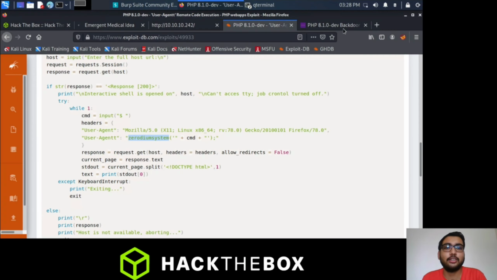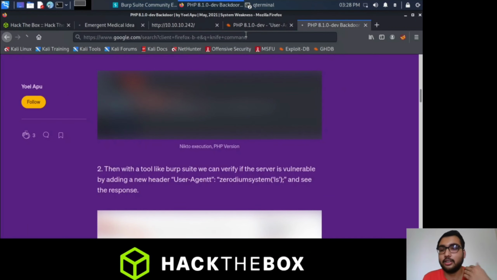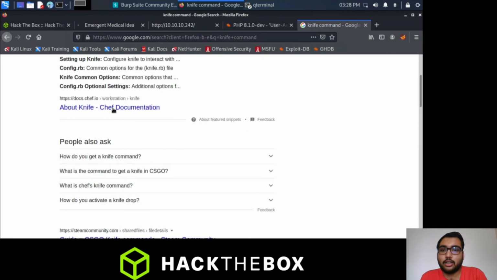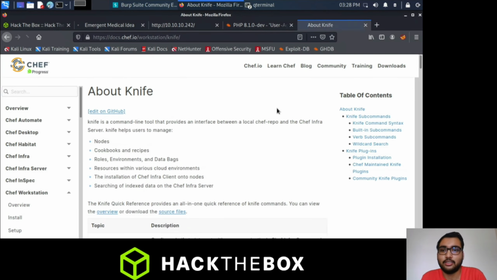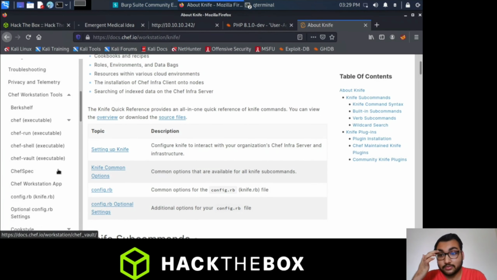Let's search on Google what the knife command is. So yes, it is actually developed by Chef. Knife is a command line tool that provides an interface between a local Chef repo and a Chef Infra server.